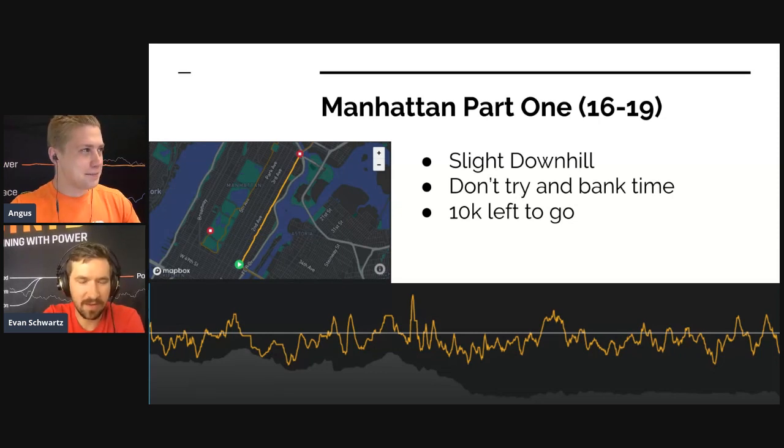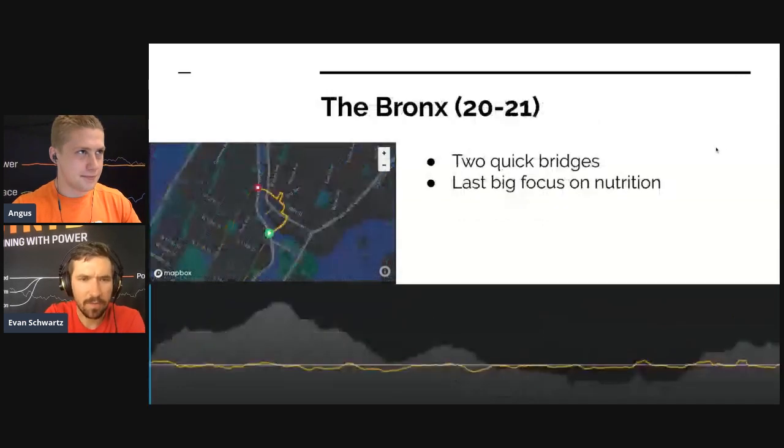Totally. And a lot of people think they can just exit the Queensboro Bridge and continue directly on to Central Park, get that nice little hurrah in there. And you have to run 10 more miles before you get to the finish. So keeping that in mind, we're going to echo getting right back on that power target. This little section here from about 20 to 21, you have 2 quick bridges heading in,